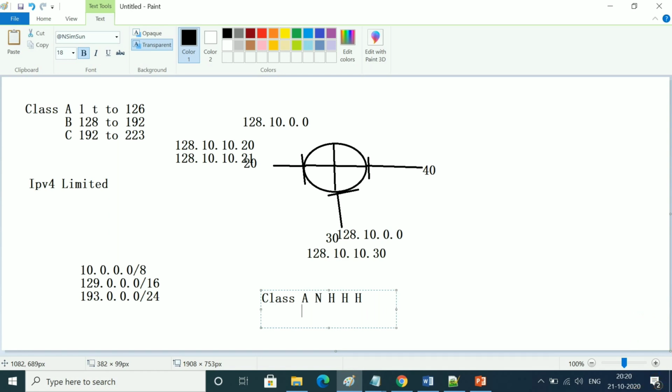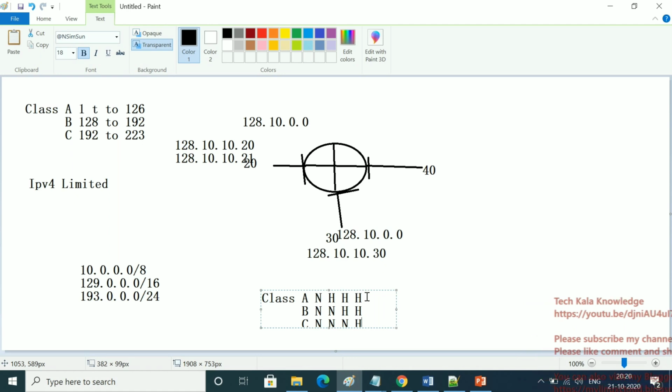The same for class B: how many octets are reserved for the network? Two, and the rest for the host. And for class C, how many octets are reserved for the network? Three octets, and one is for the host. One octet is equal to 8 bits. I have already explained this in my first video.